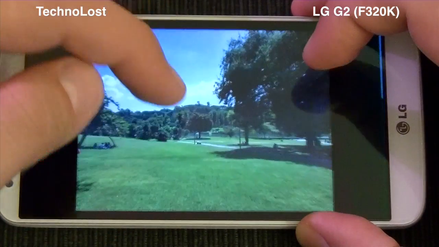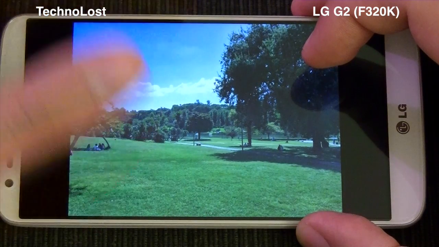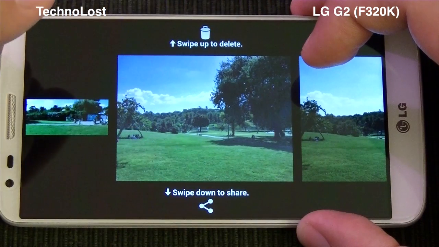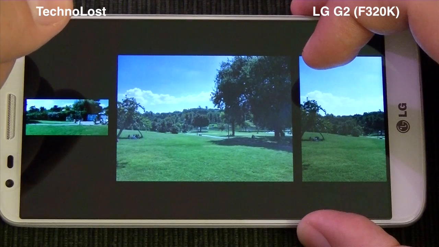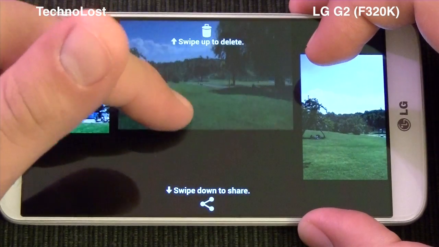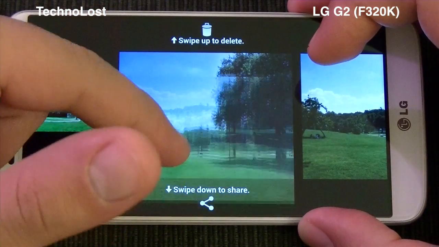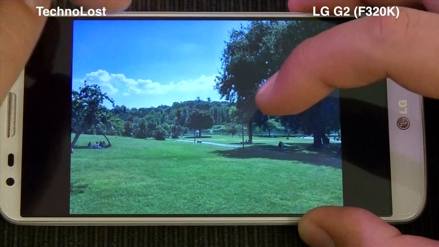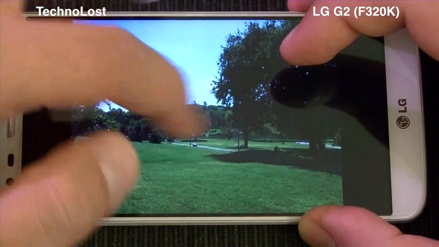Very good. What is even more interesting, here we have another small parenthesis. If we zoom out completely like this, we have the possibility to swipe up to delete or swipe down to share. So I was talking to you about the details. This is the HDR picture. As you can see,